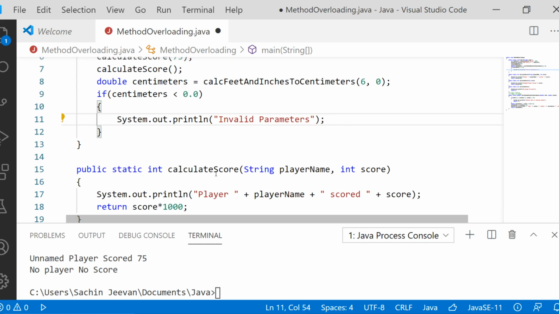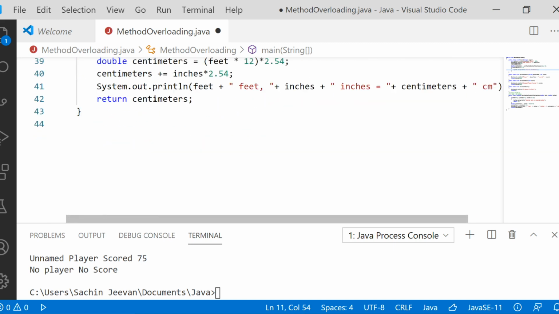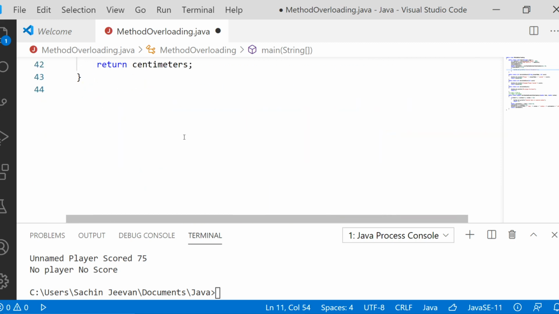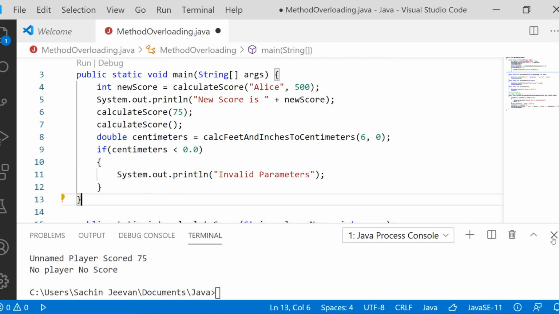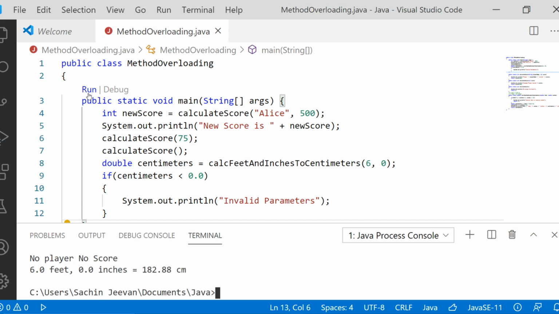Or else, if this is not true, what we can do is, we have already printed the centimeter here itself, right? I think there is no need of printing it again. If you want, you can take the print statement from here and use it here also. It is up to you. First of all, we will check whether this is actually working or not. Okay, one minute, I'll save the file. Now we can check the execution, right?